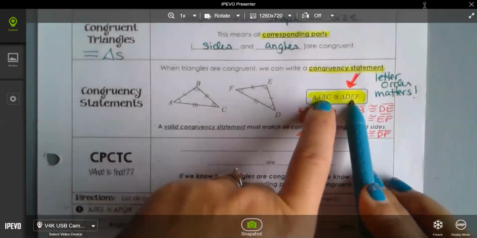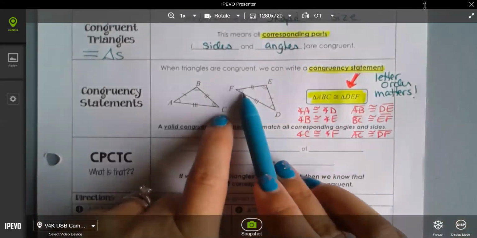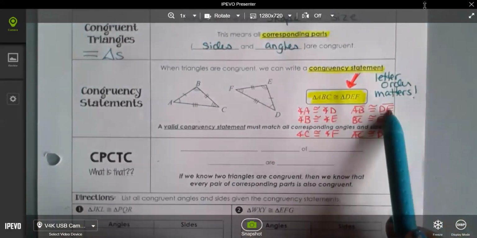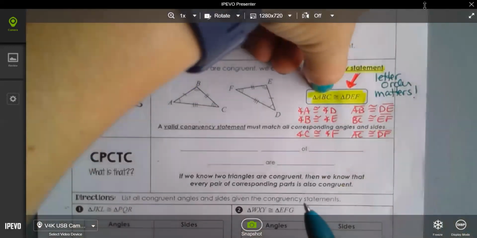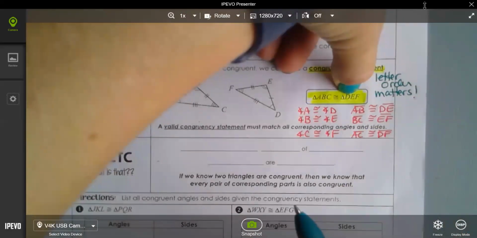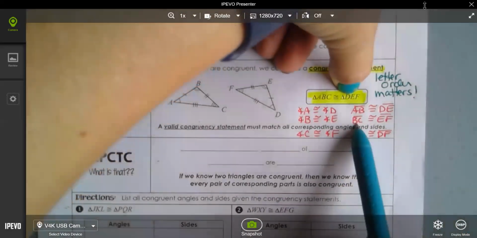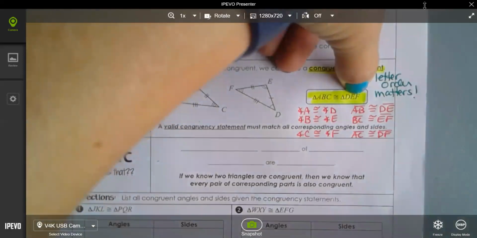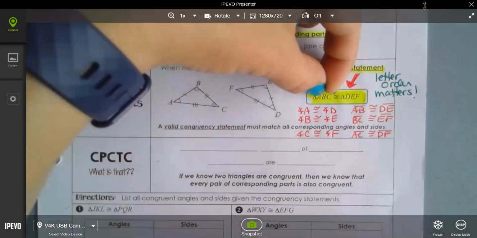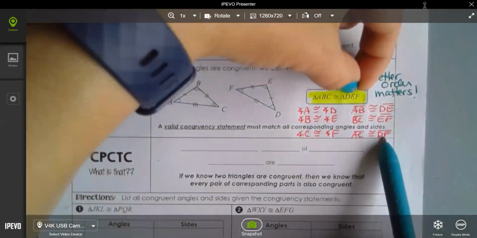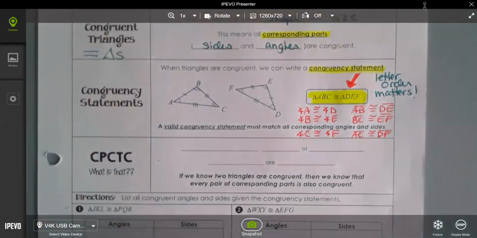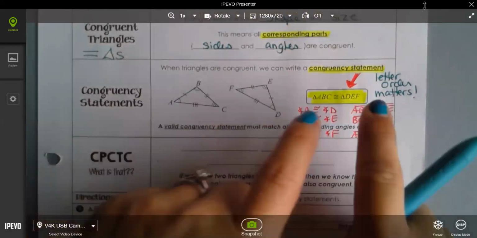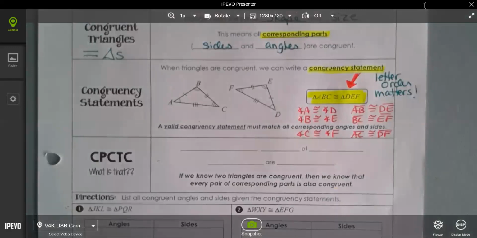The letter order matters. C and F went with each other. Look at that, third letter, C and F. And then I said that AB and DE went together. Look, AB is the first 2 letters, DE is the first 2 letters. Okay, the order matters, it has to match up. BC, those were the last 2 letters, goes with EF because those are the last 2 letters. AC is first and last letter, DF is first and last letter. So anytime you write a congruency statement, you have to make sure that you are matching up angles and sides correctly and putting your letters into the correct order. All right,